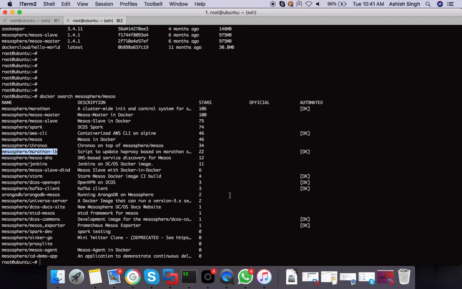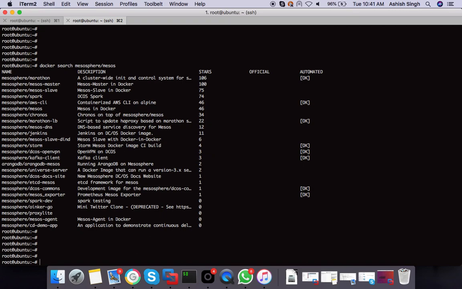Okay, so Mesosphere is the main organization which is giving all the packages related to Mesos and Marathon to make the infrastructure. Okay, so you can use the docker